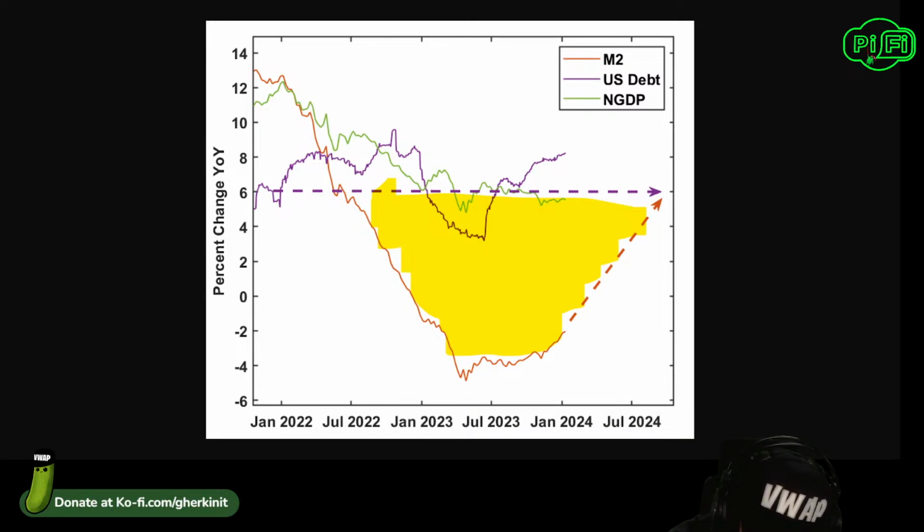What that does is hand control of monetary policy over to the Treasury, who's politically incentivized. As long as Yellen wants to keep rates down, all she has to do is issue more short duration debt